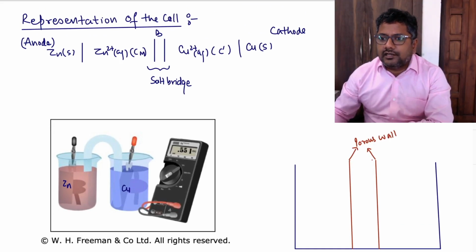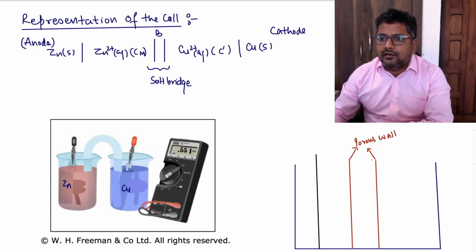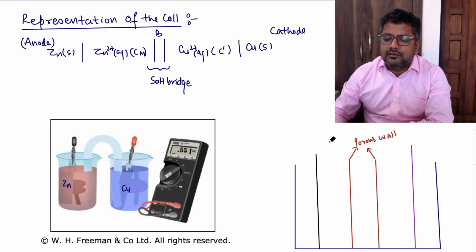Here you can take a zinc rod, here you can take a copper rod. This is the negative terminal, this is the positive terminal,